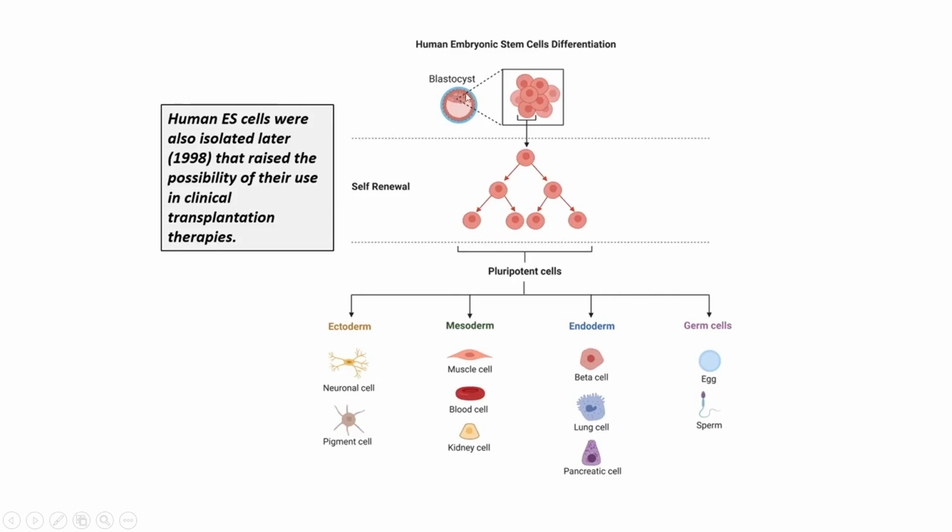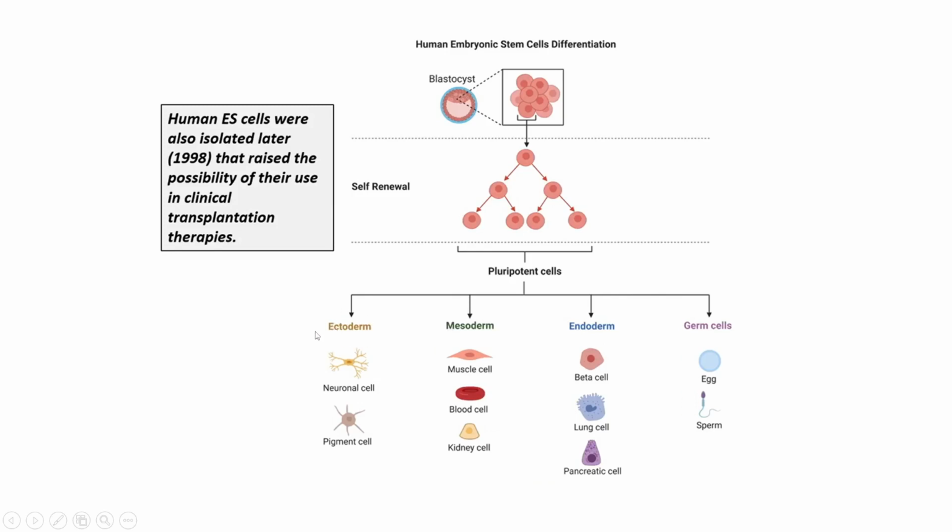Okay, so here is an example, the blastocyst. There is a blastocyst that has an inner cell mass. Okay, during the early stage of cell division, you take out this blastocyst, and this blastocyst actually will encode for various different cells such as ectoderm, mesoderm, endoderm, as well as germ cells will be formed from this blastocyst only. So you multiply the blastocyst first so that you will have multiple cells from this blastocyst. And as this is a pluripotent cell, it will form the ectoderm, mesoderm, endoderm, as well as germ cells by giving a specific stimulation.